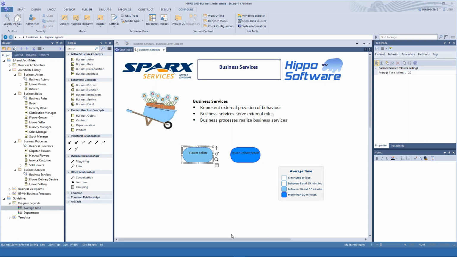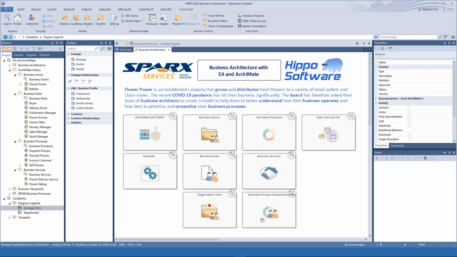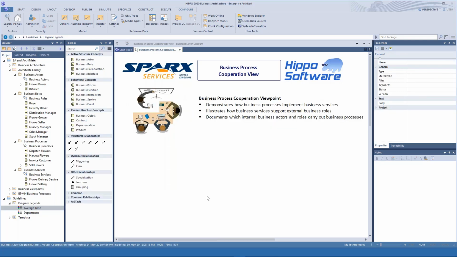Now we're ready to collate all of this information for each business process or set of related business processes and create a business process cooperation view. This viewpoint demonstrates how business processes realise or implement business services. It illustrates how the business services support external business roles, such as customers. And it also allows us to document the internal business actors and roles who are assigned to carry out each